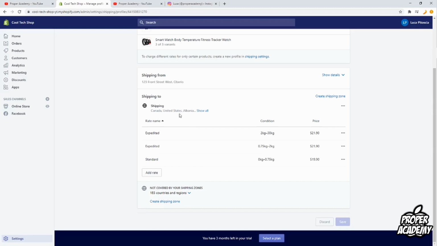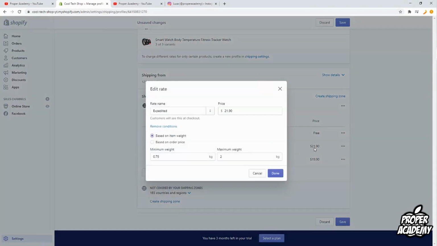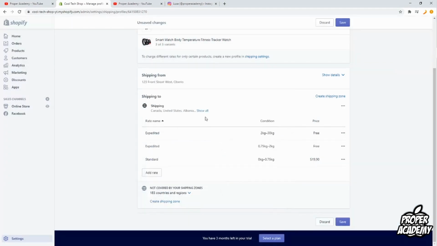So all you want to do when you're on here to make it free shipping is go over to the rates that you have right here, and you'll see the prices on the right side. So you just want to go here and click on the three dots and edit rate, and then you can change this to 0, and then click on done, and you just do this for all three. And then you'll be able to make free shipping for all your orders if you have them all in one